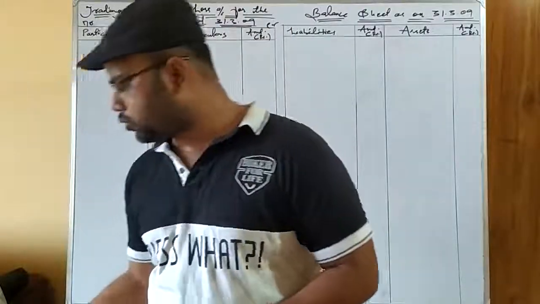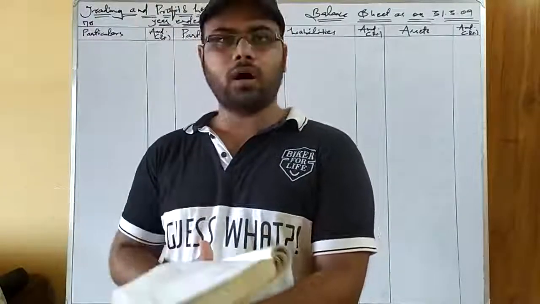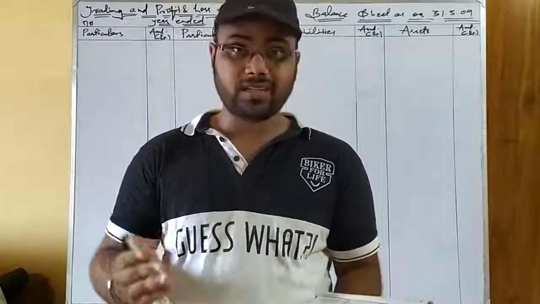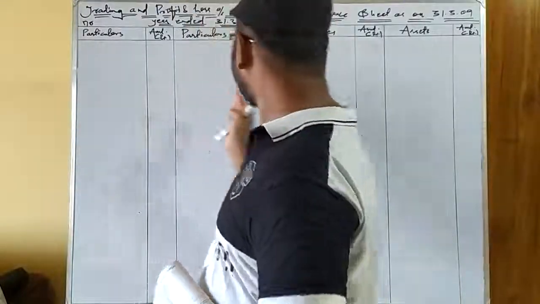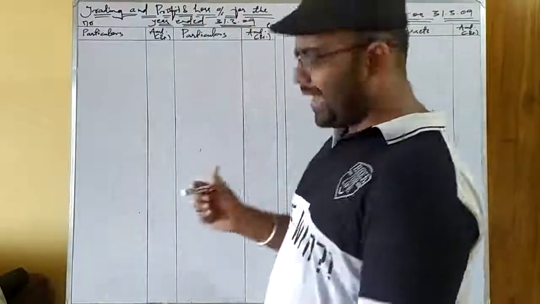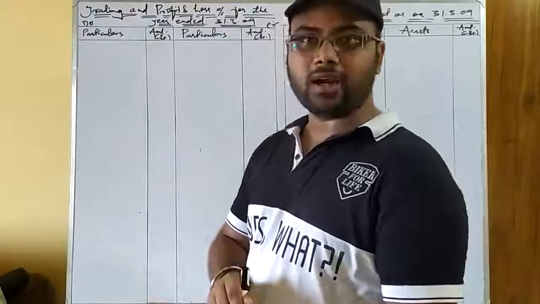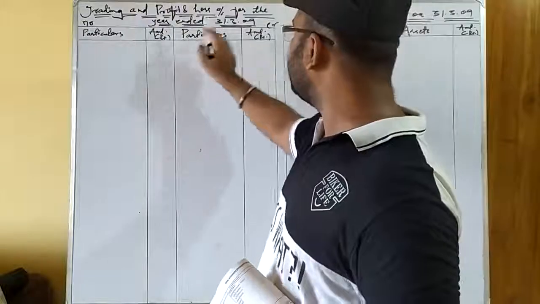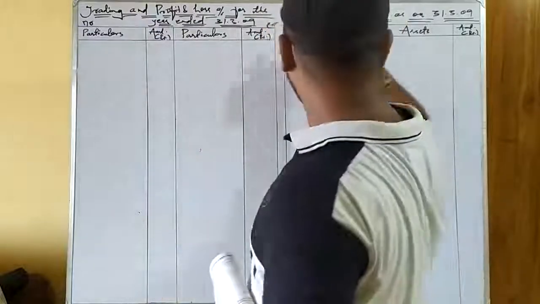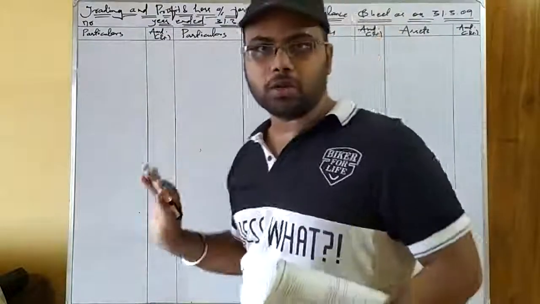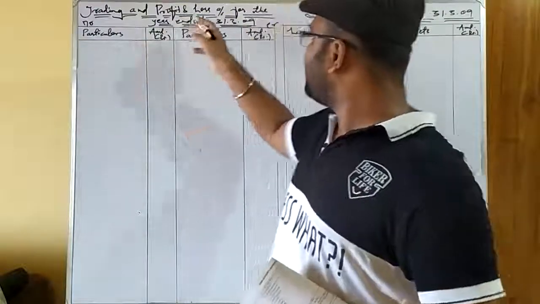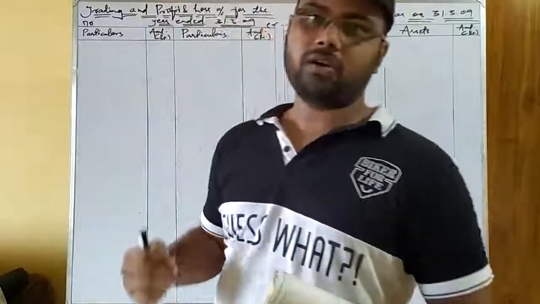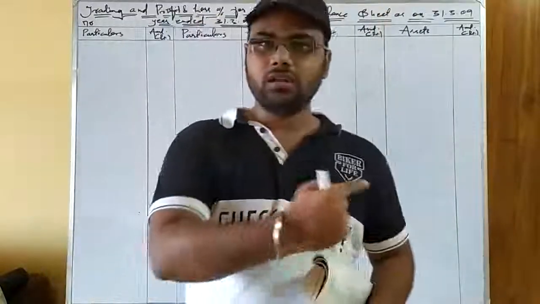So today we are going to solve question number 15 of the same book, Double Entry Bookkeeping, Kalyani Publishers. Okay, so without wasting any time, see, I have made the format of the trading and profit and loss account and balance sheet as given in the question. The date of the final accounting year given is 31st March 2009. So I have taken the trading and profit and loss account for the year ended 31st March 2009 and the balance sheet as on 31st March 2009. As you know, the income statements are written as for the year ended and the position statement or balance sheet is always prepared at a fixed date, so it is written as on the given date.